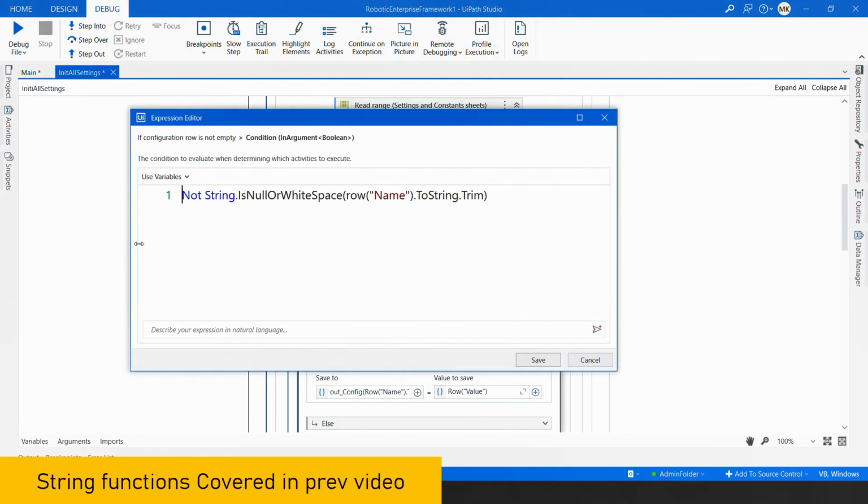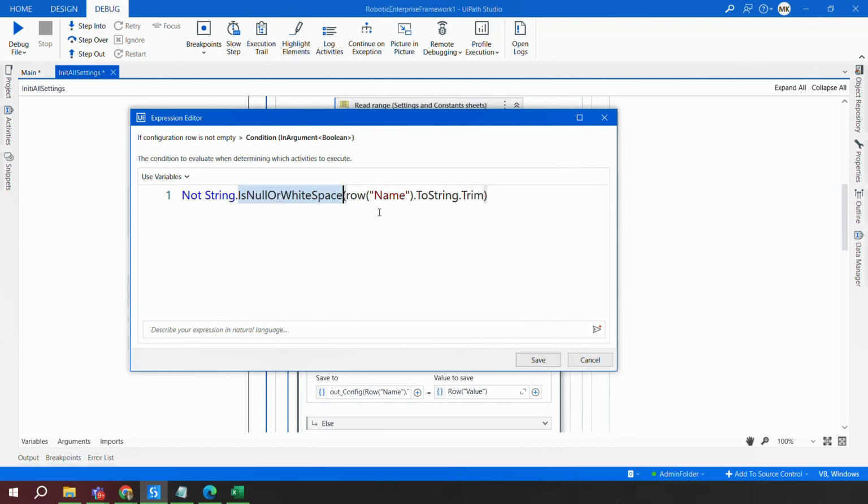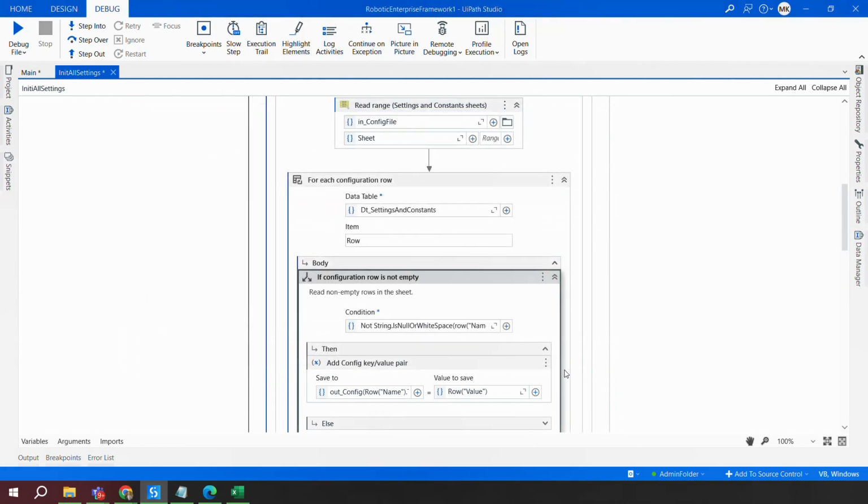Check if it is string, null or white space, the one which I taught you. First check whether the row of name is having some value or not. If it is having some value, trim the extra spaces. Then check if it is not null or white space, then only add it to the key,